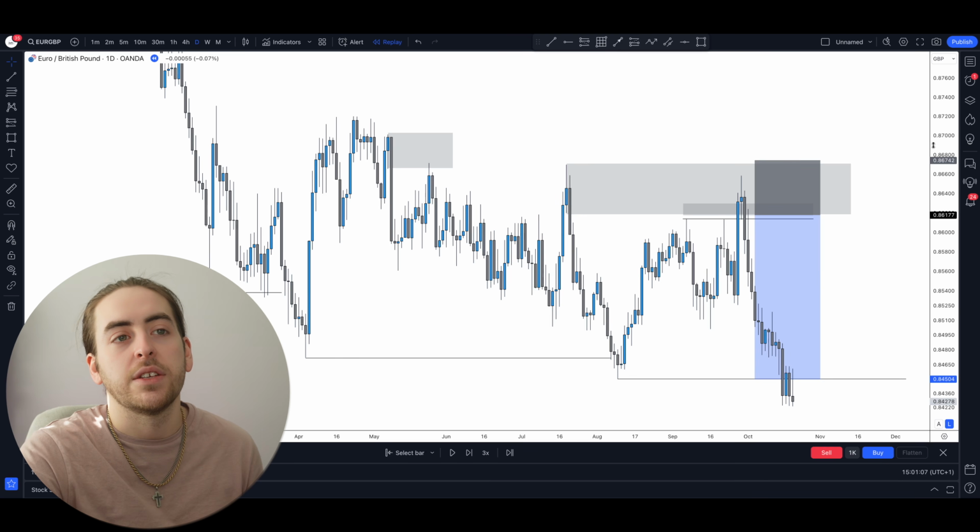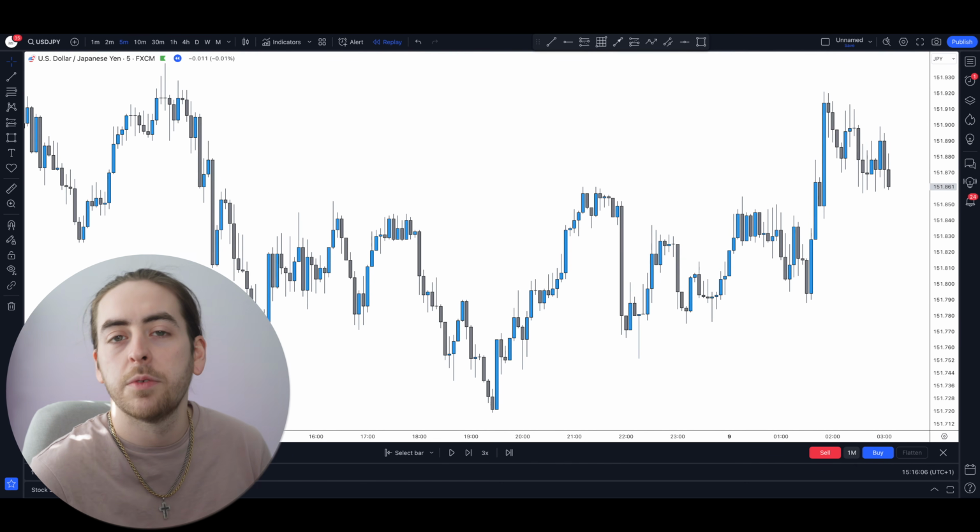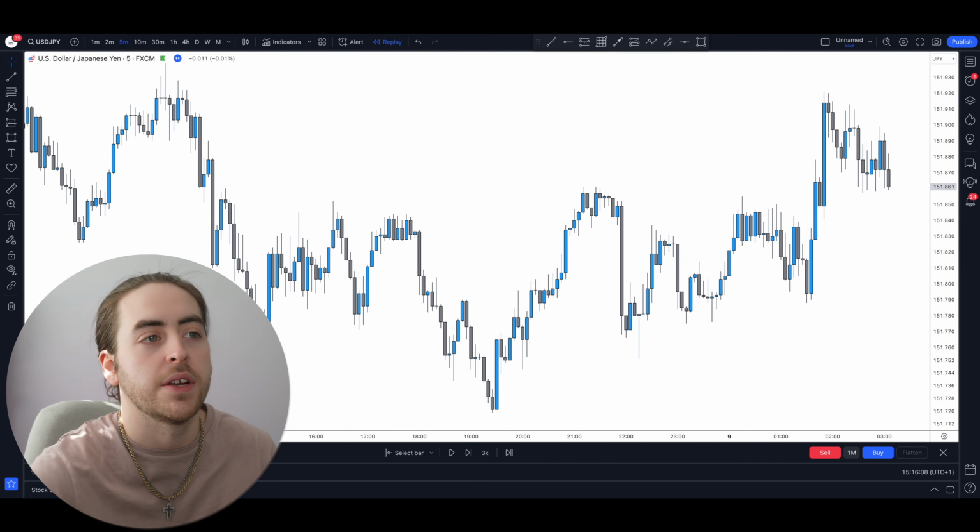And by the way, guys, this trade is on the daily time frame. So I'm showing you this because this strategy of supply and demand works on absolutely every time frame. You can do this on the 5 minute if you want to. You can do it on the hourly, the 4 hour, you can do it on the daily. It does not matter. And here would be another example, this time on the buy side, and this is on